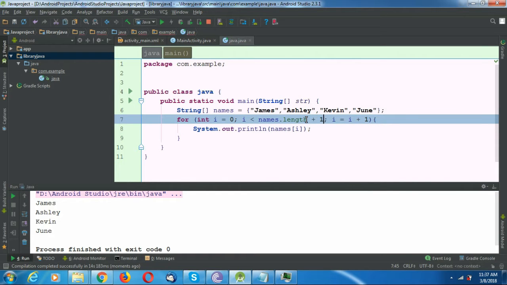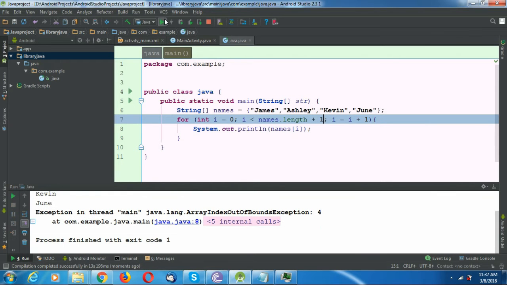Now let me change it a little bit: i + 1. I'm trying to access an index which is not part of the names array. So let's run the program again. Okay, you can see it is giving an array index out of bound exception saying 4. You can see the maximum index is 3, 0, 1, 2, 3, and you are trying to access the fourth